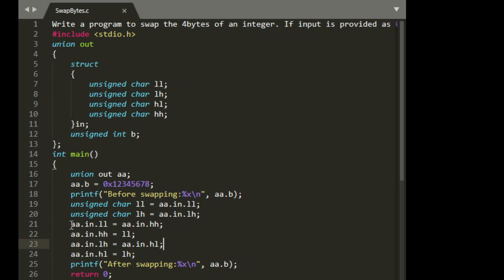We can assign AA.in.ll to be some 8-bit value, and we assign it to be the HH portion of the AA.in structure. That means we take this byte and store it in this byte. Likewise, we take the LL portion of the overlay structure and assign it to the HH variable, and then we can assign the HH variable to the LL, which is what we stored up here,